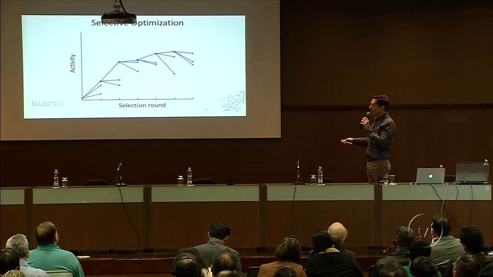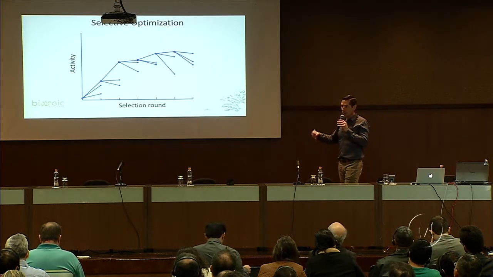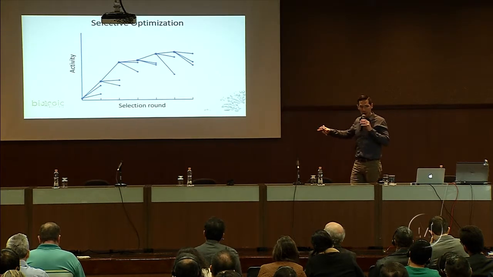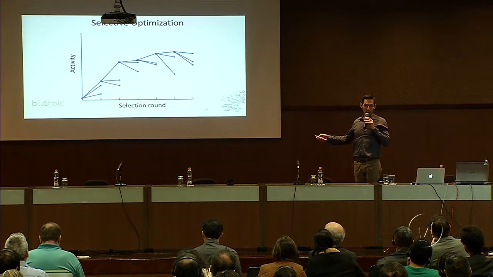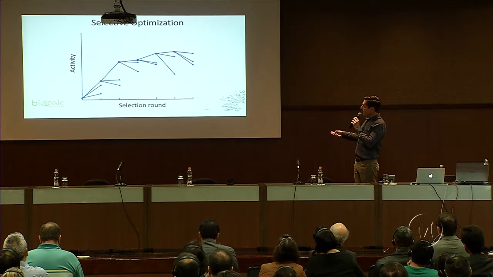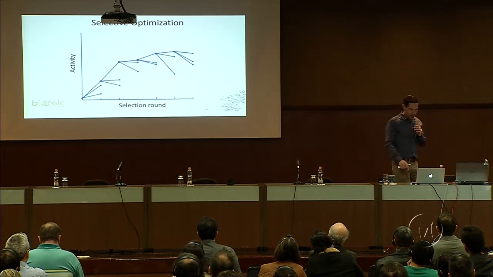And then again you pick the best and you continue until you reach a point where no further improvement is possible. So you eventually reach a point where none of the variants on the current one are better than the current one. And that would be in this graph right here. All of these are worse, so that is your optimized sequence. Okay, so